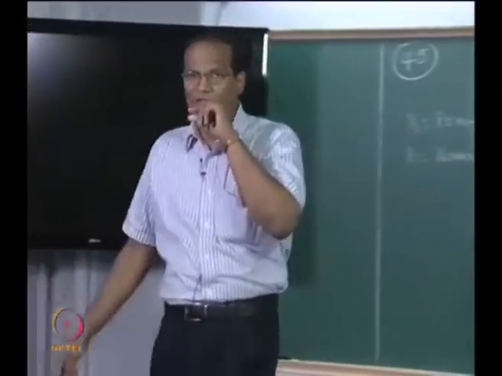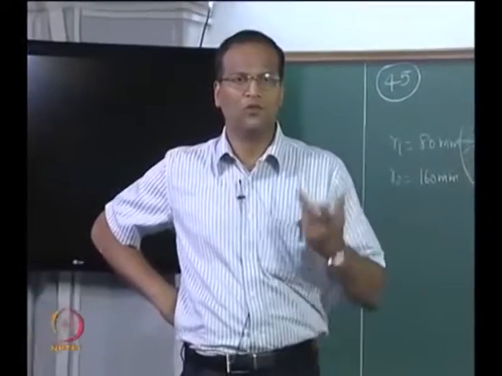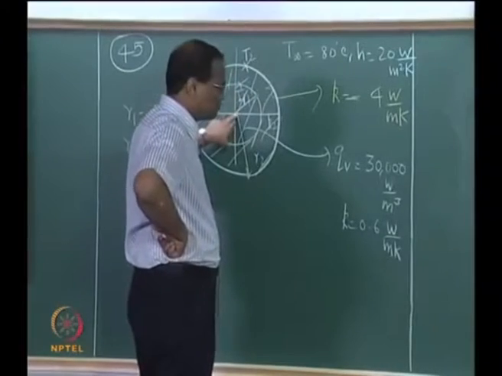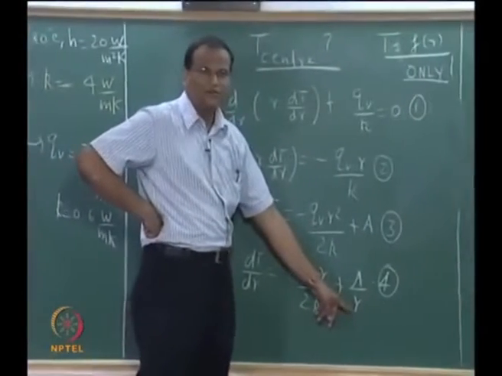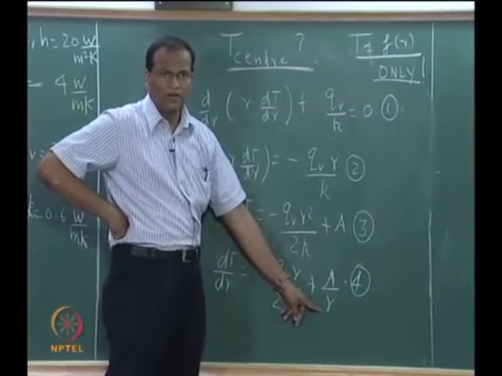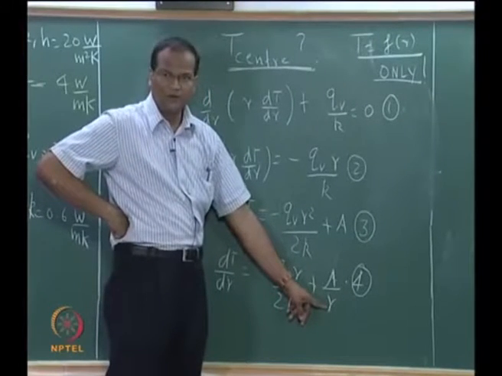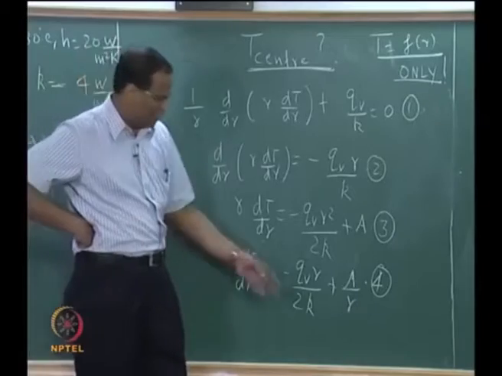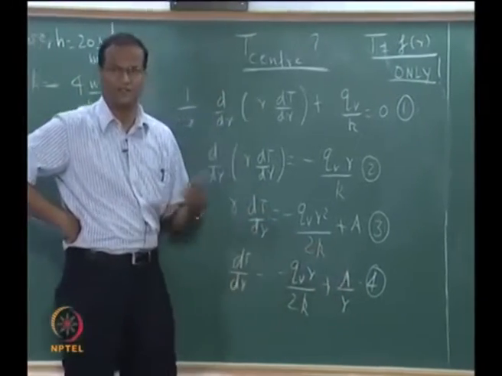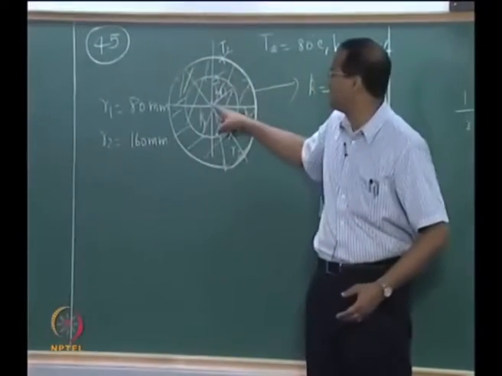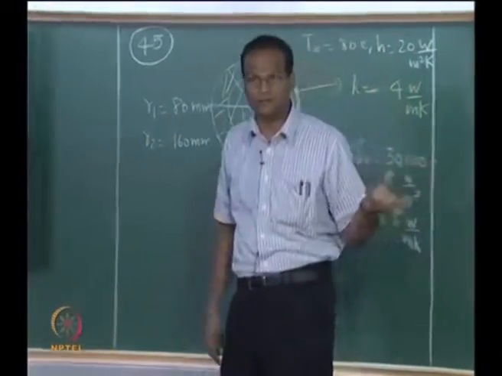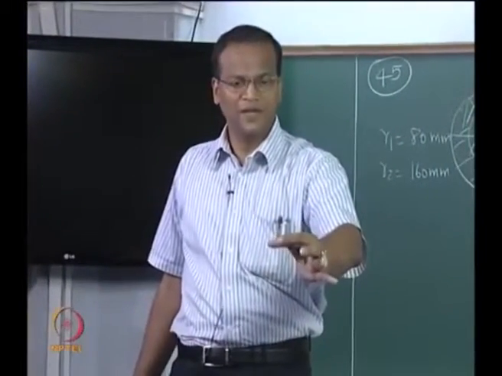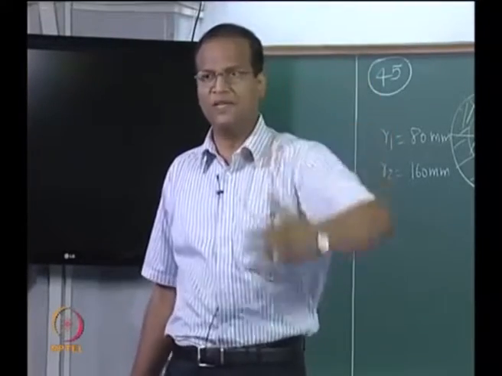Now A and B are two constants, and we have two boundary conditions. Now very simple. At the center, R tends to 0. If R is 0, unless A is 0, we are in trouble. Therefore, because R is 0, A has to be 0. This is called the finiteness of temperature, or you can say that any plane at R equal to 0 should be symmetric on either side of R. So the maximum temperature will occur at R equal to 0. That is where the area is becoming so small, the temperature will peak there.